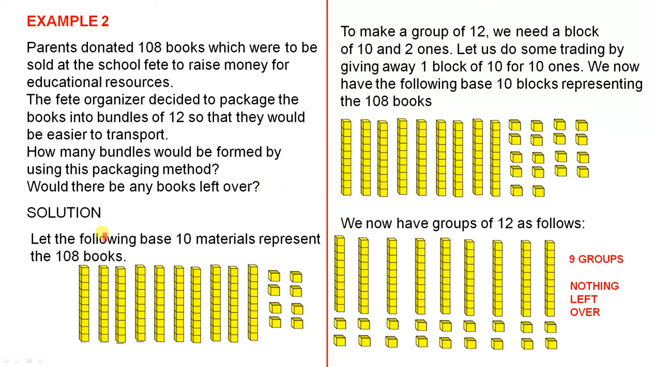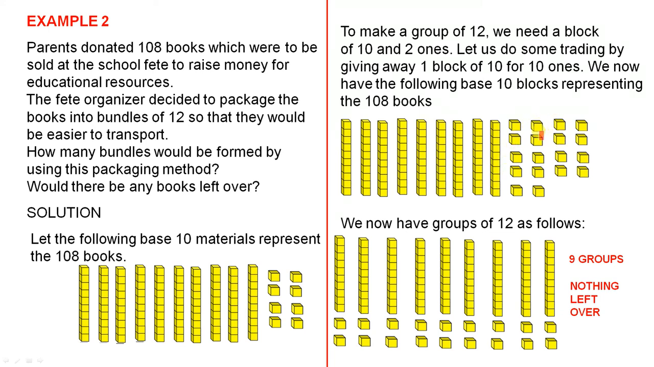Solution. Let the following base 10 materials represent the 108 books. 10, 20, 30, 40, 50, 60, 70, 80, 90, 100, plus 8. To make a group of 12, we need a block of 10 and 2 ones. Let us do some trading by giving away one block of 10 for 10 ones. We now have the following base 10 blocks representing the 108 books. 10, 20, 30, 40, 50, 60, 70, 80, 90. That's 90 there. Plus